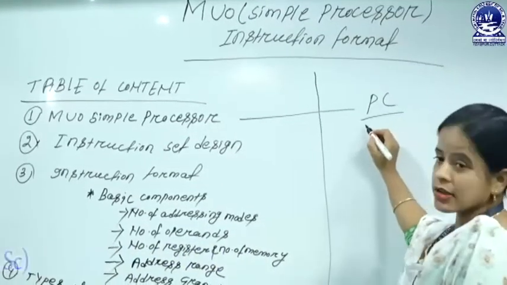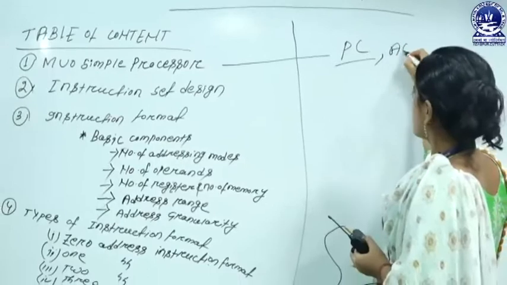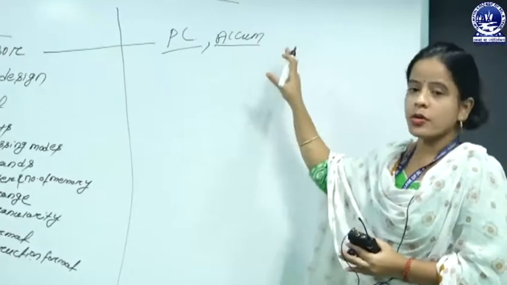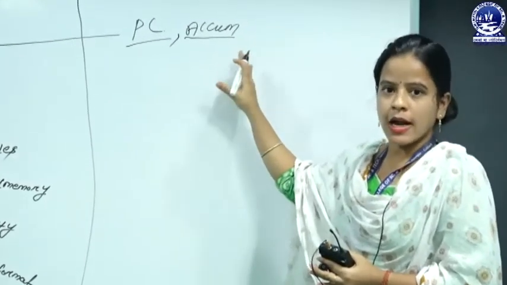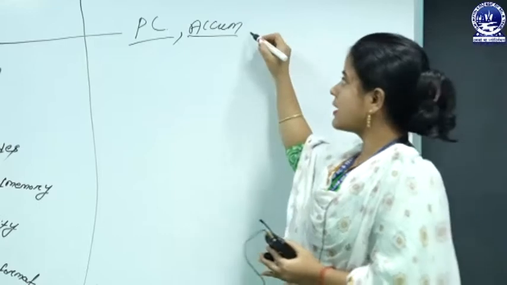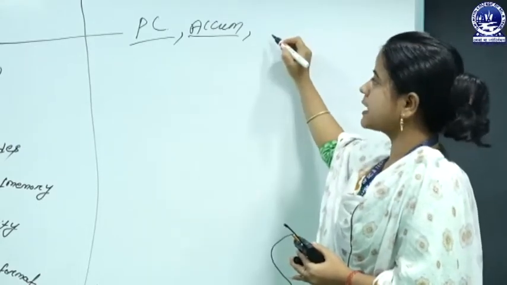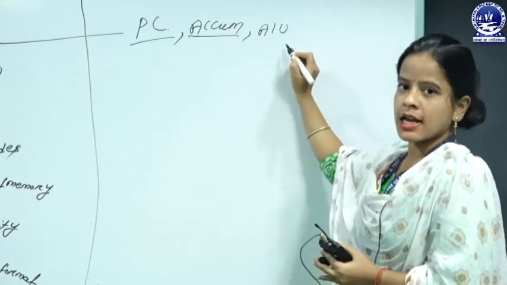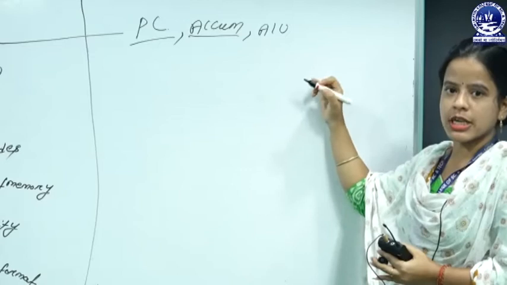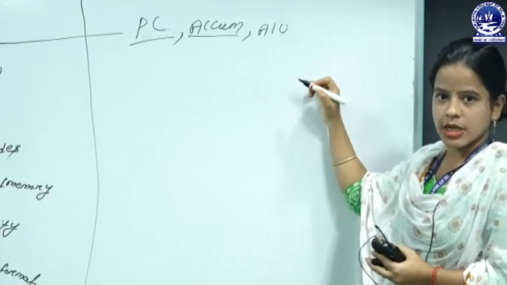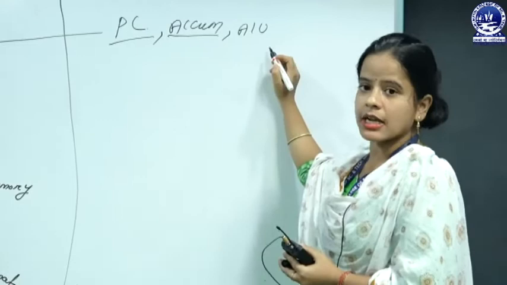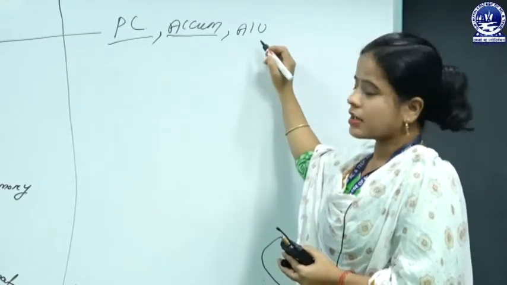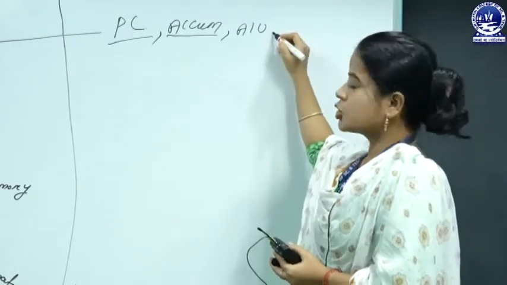Now go to the second component, that's your accumulator. The accumulator is also a type of register that holds one data value while it is working. Then there is another basic component, that's your ALU. Generally the ALU provides different types of operations, like binary addition, binary subtraction, multiplication, increment, decrement, and also logical operations like logical AND, logical NOR and logical NOT, etc. That's your ALU.